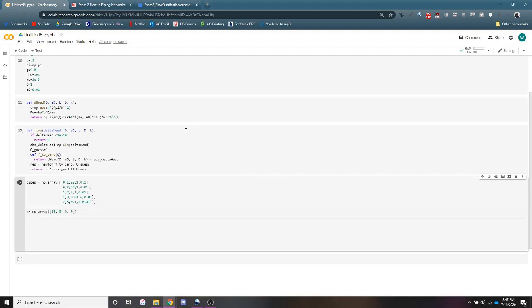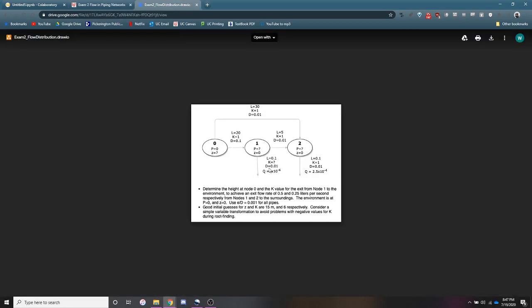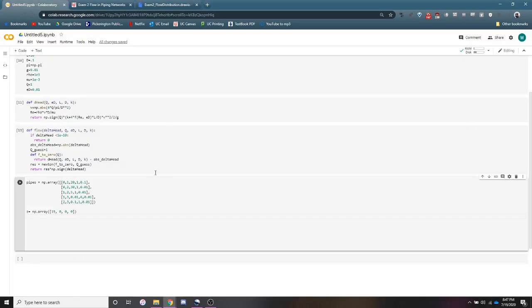And the next thing we need to do is include things about the pipe and the ratio of E over D, where E over D here is 0.001 for all the pipes. So how do we do that? Well, I could just type it out, but first thing we need to do